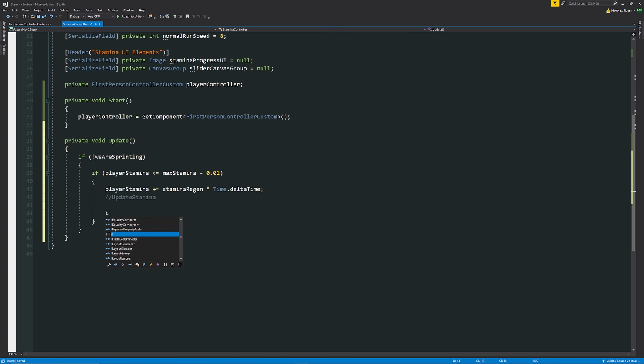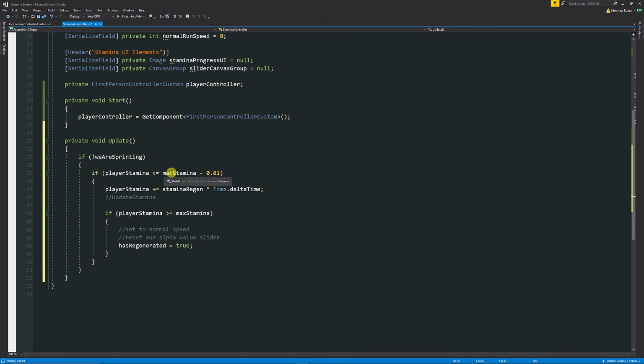Then under here we can also check, we can say that if our player stamina is ever greater than or equal to our maximum stamina, then we know that we need to potentially set our speed to our normal speed if it's changed, so we need to set to normal speed. Then we can reset our alpha value for the slider, and then we can say hasRegenerated equals true in this case. So now we're saying that if we're not sprinting, we should be able to regenerate, and I put, but just if it's less than or equal to max stamina minus 0.01, it's just before it gets full,